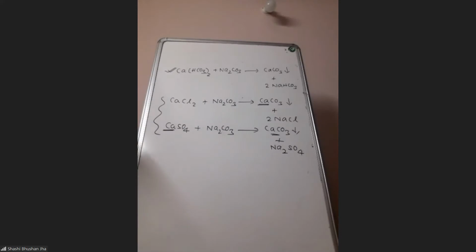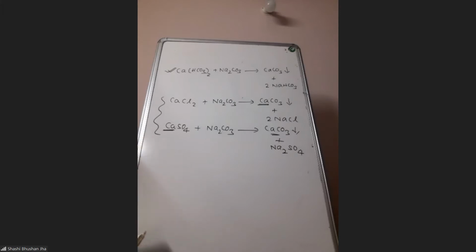Now, here they have added sodium carbonate to the hard water. After boiling, the volume was again made to 200 milliliter and the solution was filtered. 25 milliliter of this filtrate required 8.2 milliliter of N by 50 HCl for neutralization. You are supposed to calculate the degree of permanent hardness. Now, see in the question they are talking about permanent hardness only. So we will assume that the temporary hardness is not there, means somehow that temporary hardness has been removed before addition of sodium carbonate. Because directly they are asking us to calculate permanent hardness.